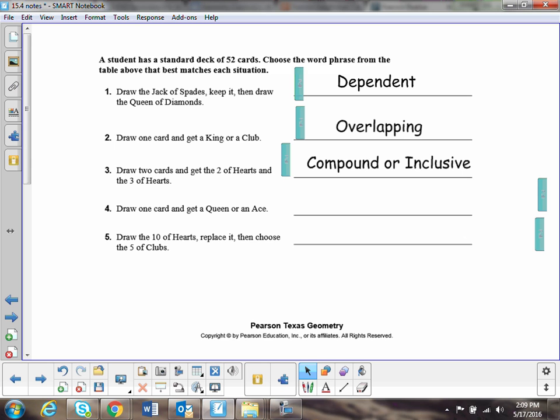Or draw 1 card and get a queen or an ace. So as I did the last one, you draw 10 of hearts, you replace it,